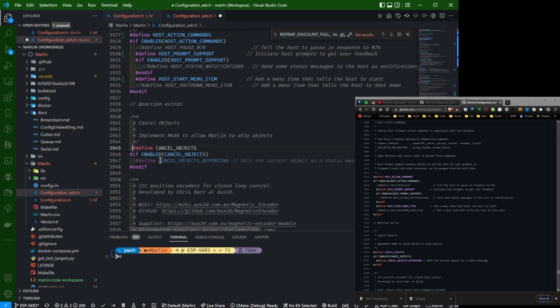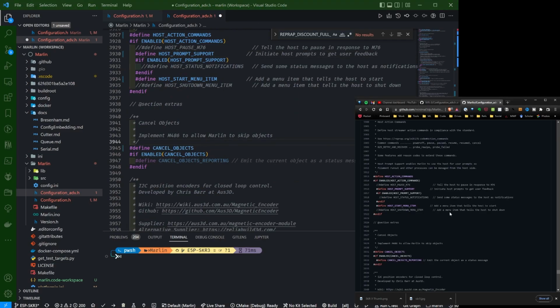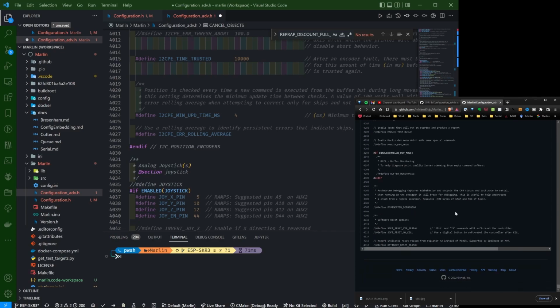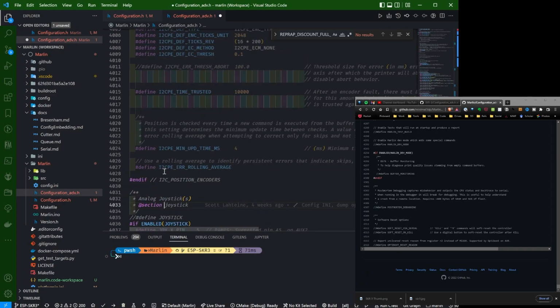Enable objects. I'm going to scroll through this really quickly. See here if I have anything else. So I'm going to go ahead and save this. Yeah. Then since I have this built,